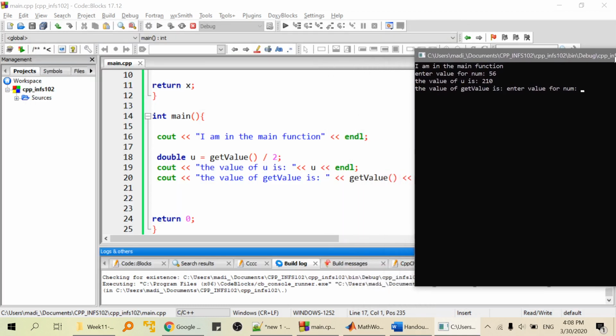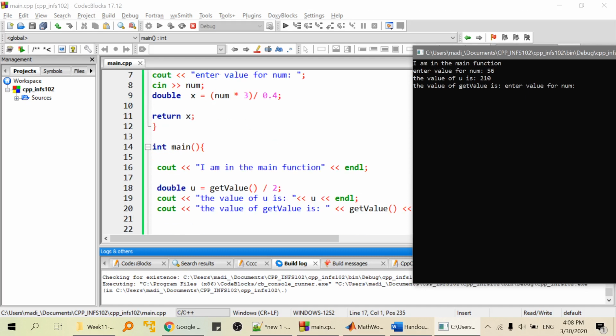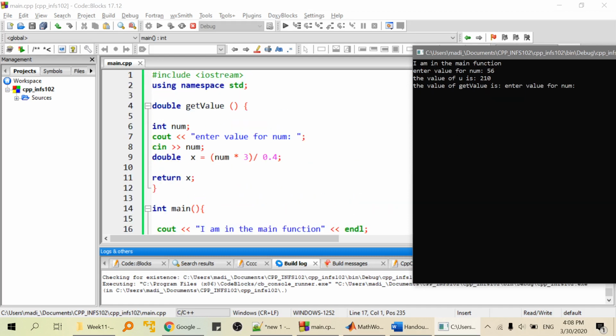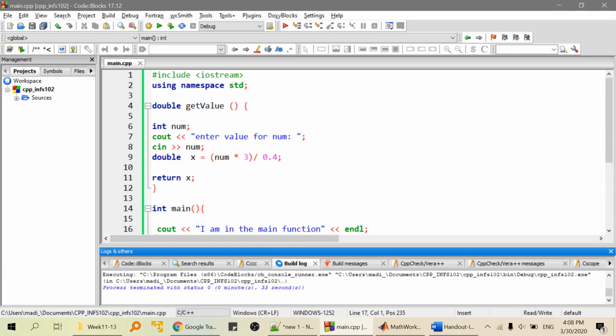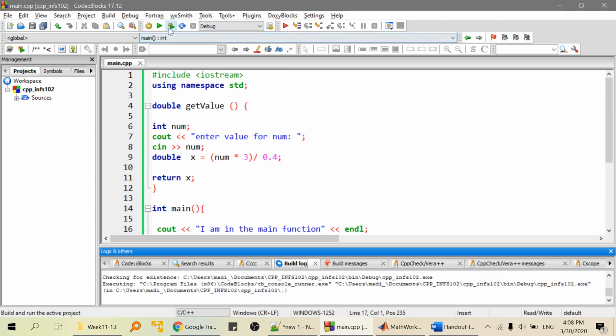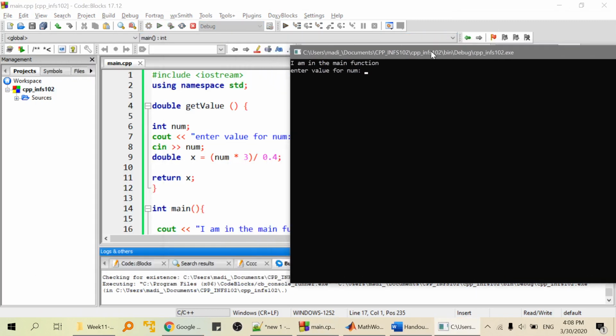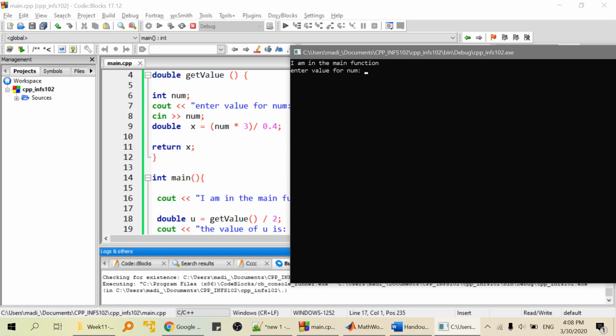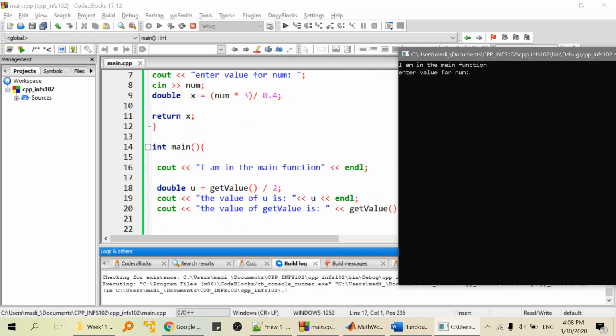I think this code is not arranged too well. All right. So for 30. All right, so it is just like that. So the value of u here is, so this is the value. Let me just execute it once again to make it more clear. Enter value of num, this is the one here in the main, and then it executes this. So the value of u,